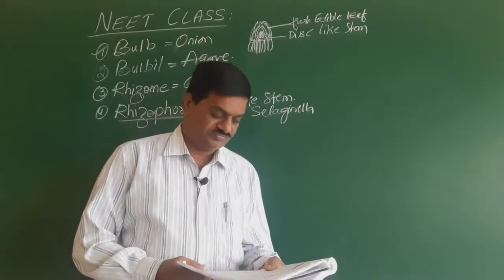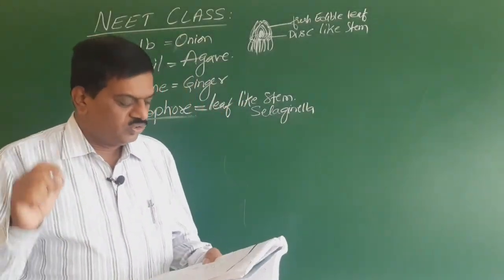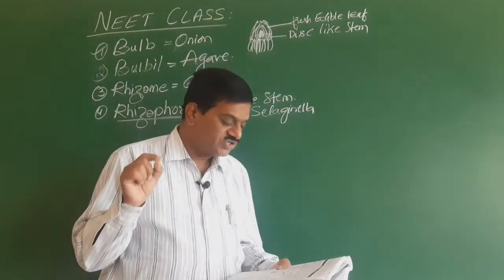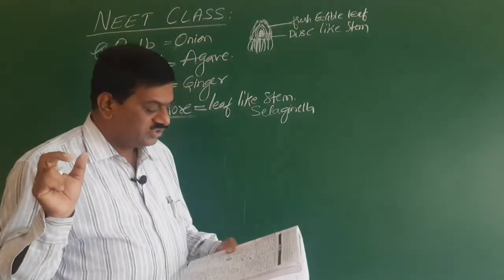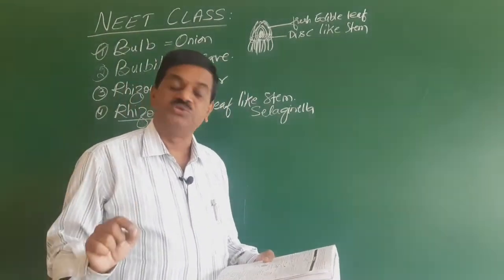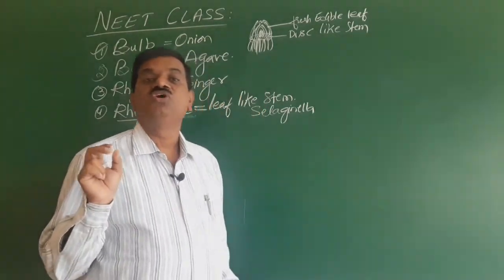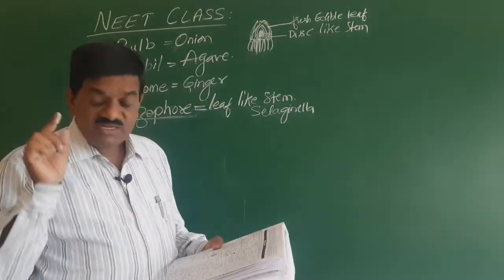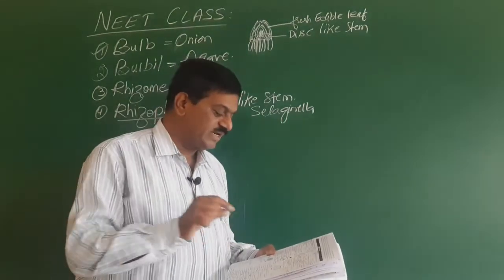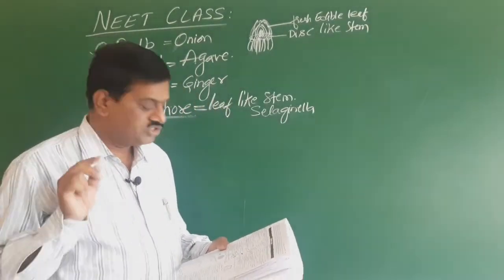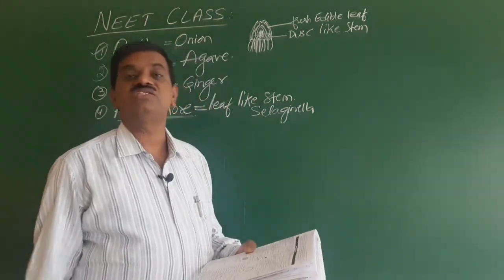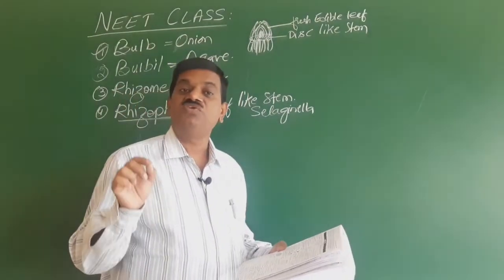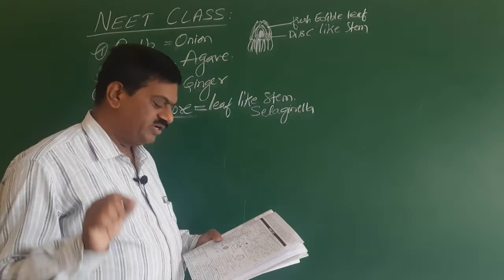So we go for the second one. The swollen lower end of a leaf stalk is called what? Here the leaf stalk is nothing but the petiole. The petiole has a swollen base. Here the first option is petiole. The leaf stalk is called petiole, but here he is asking about the swollen lower part, so it is not the answer. The second one is called pulvinus. Pulvinus is nothing but the leaf base having a swelling. That is the right answer.